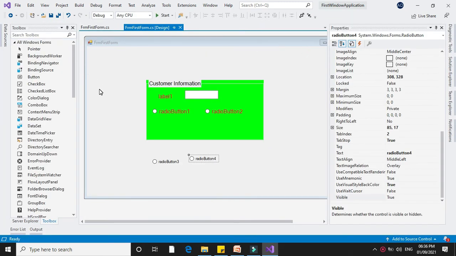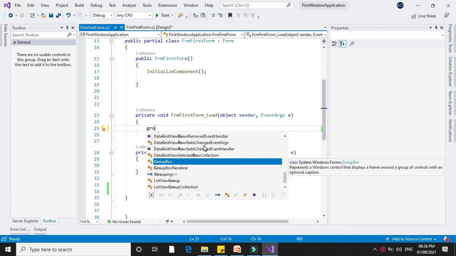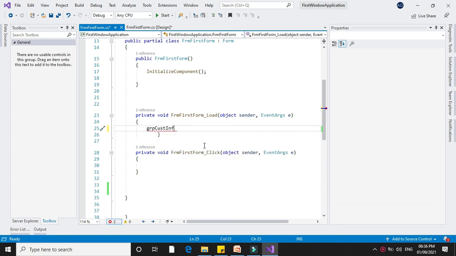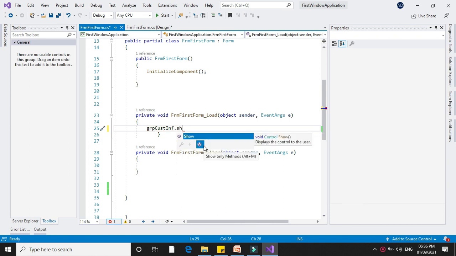To write the methods, double click on the form to get the coding window, and here with the group box name you can use the methods, that is show or hide. You can use the methods with a dot.